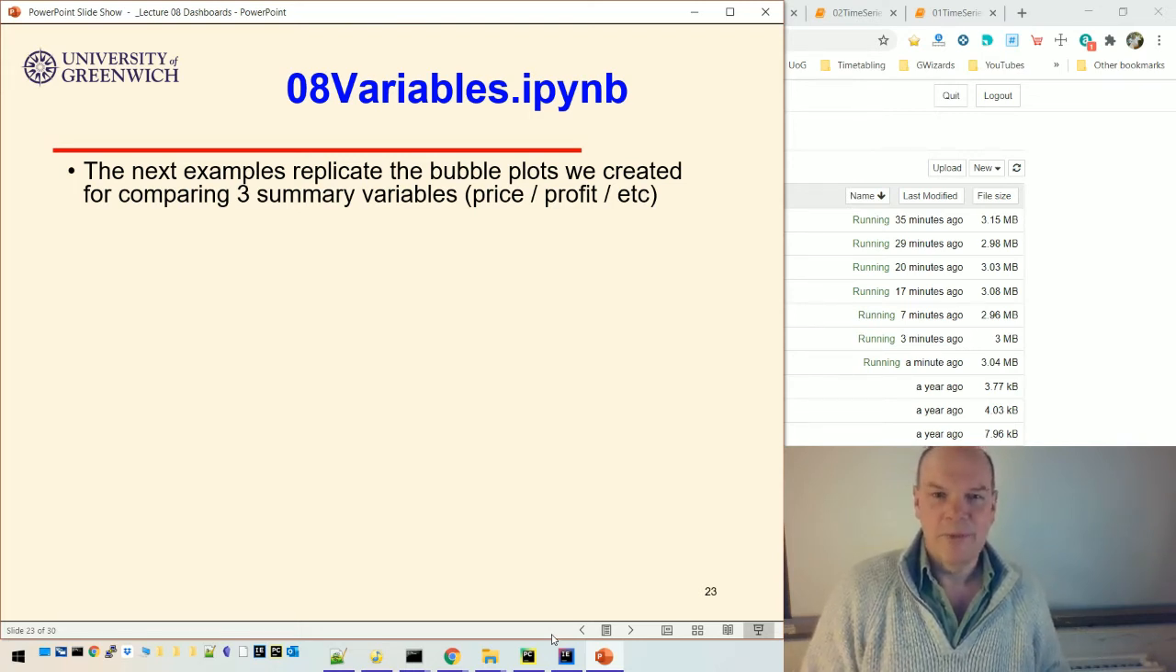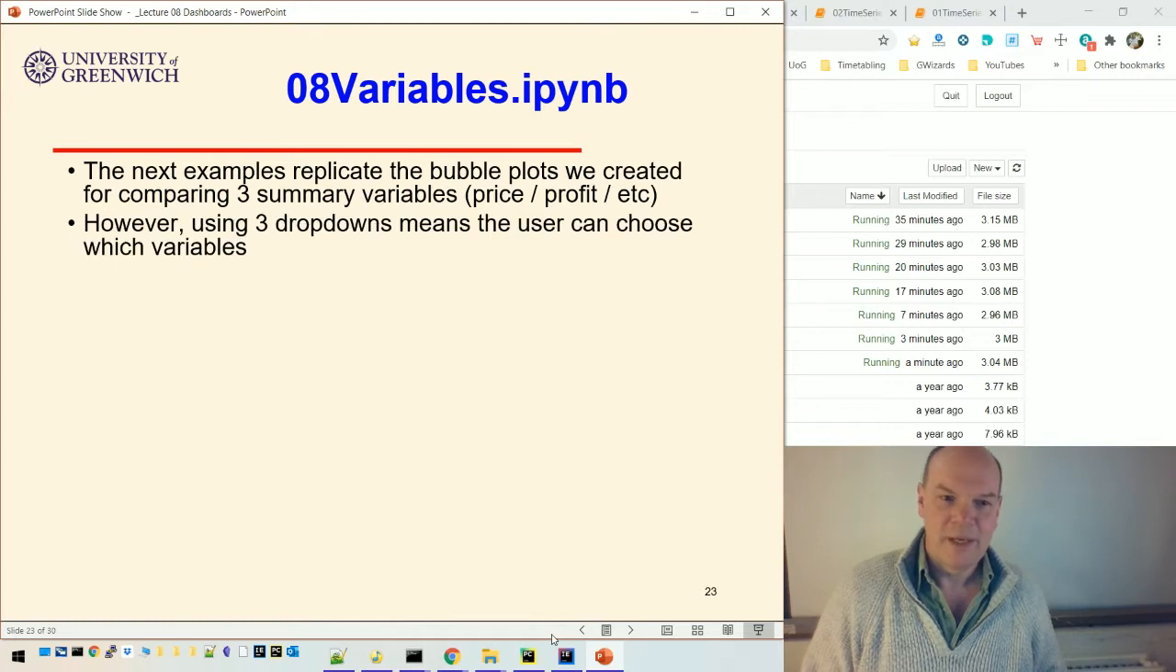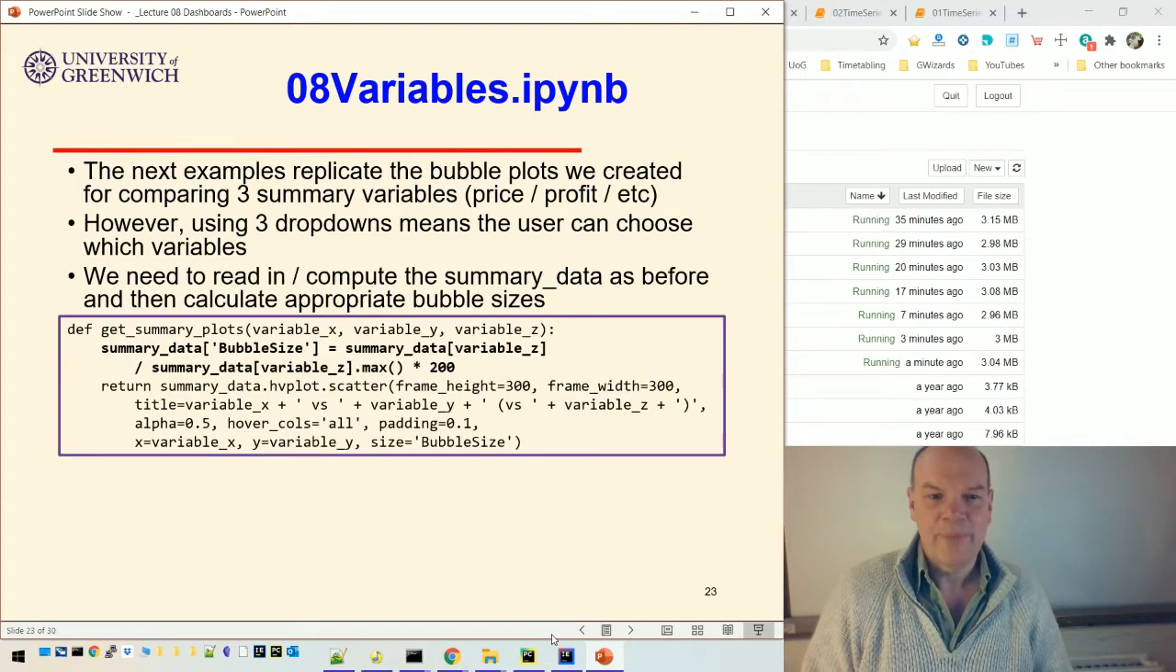So the user decides what summary variables are by giving the user the option to pick three different summary variables. The user can choose which variables they want to look at. Okay, and then what do we need to do? We need to